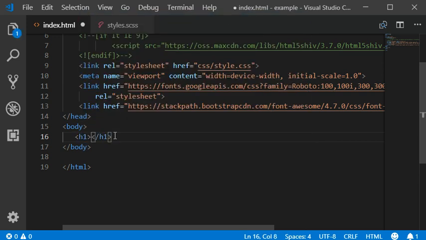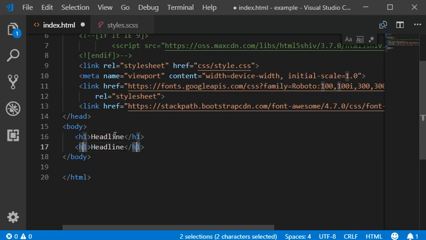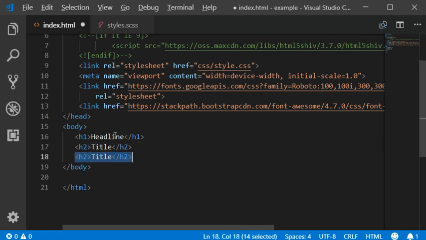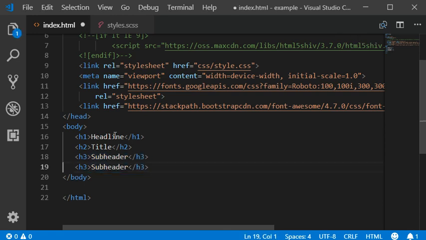So now we need to create a heading with a headline, and then heading 2 for the title maybe, and title, and then we need to add a subheader which has the h3, and then we will add the quote with the heading 4,